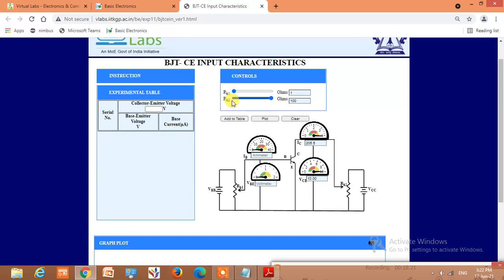Now again vary RH1 in steps of 0.1 volt so that VB equals 0.1 volt, and measure the value of base current and VB. So I will increase potentiometer RH1 such that VB equals 0.1 volt.